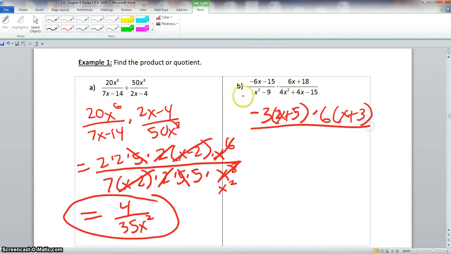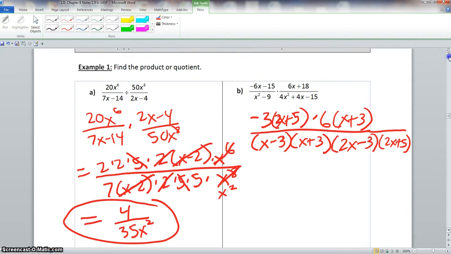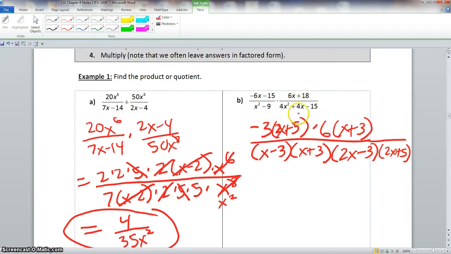And this is all over x squared minus 9, we know that factors out to be x minus 3 and x plus 3. Now, with this 4x squared plus 4x minus 15, we can actually factor this out to 2x minus 3 and 2x plus 5. Now we can simplify. But before we do that, there are some of you that may still need a little